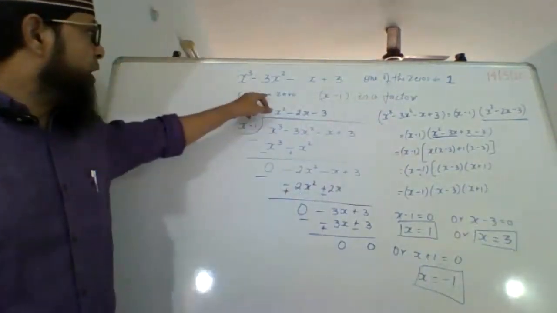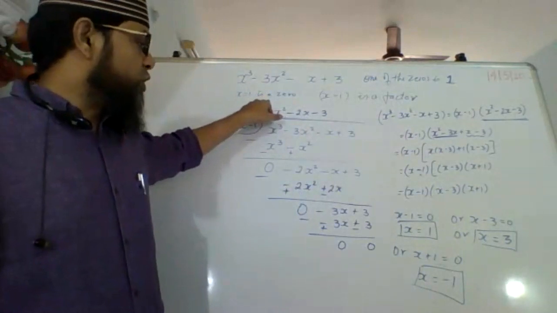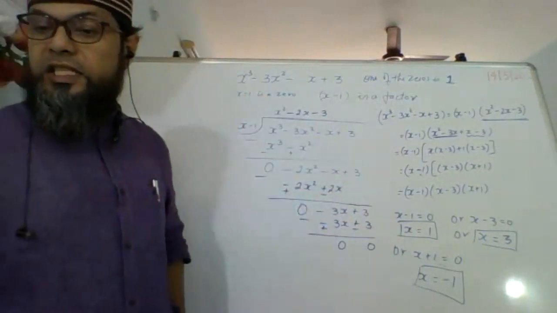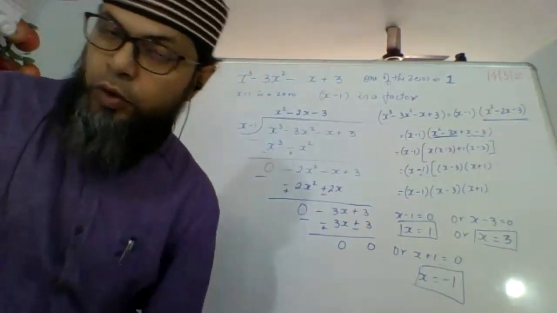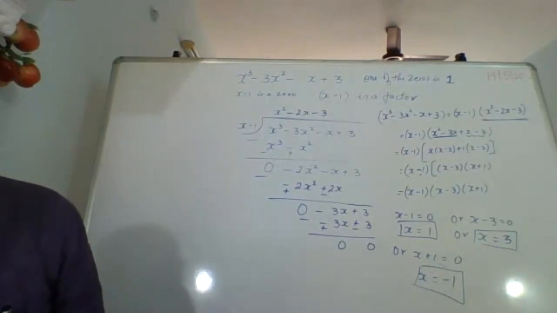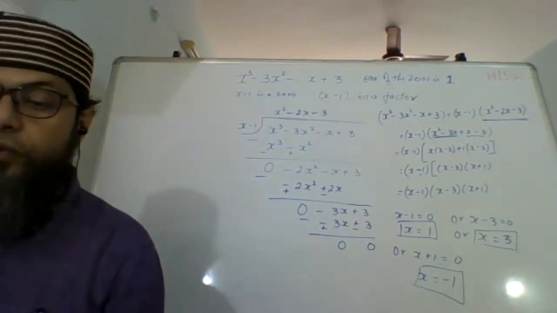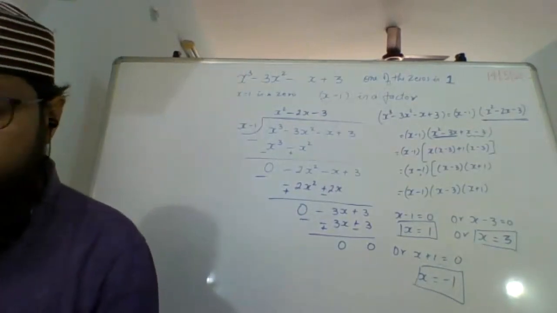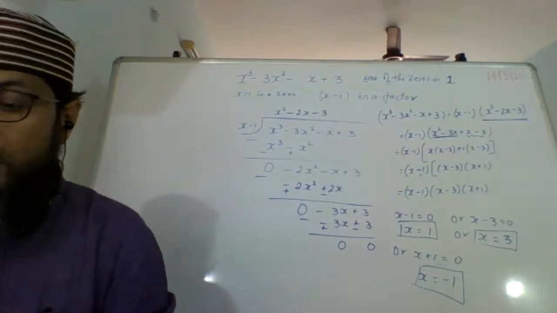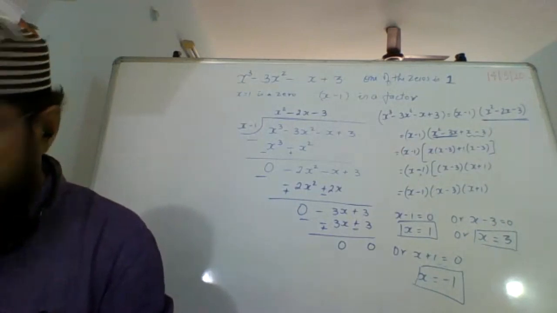is given. To begin with, only 1 zero was given. We have found out the other 2 zeros also. So this is the method to find that out, to find out the other zeros even if 1 is given. That means we have to first divide it, like we had learned last time, the factor theorem and the remainder theorem.